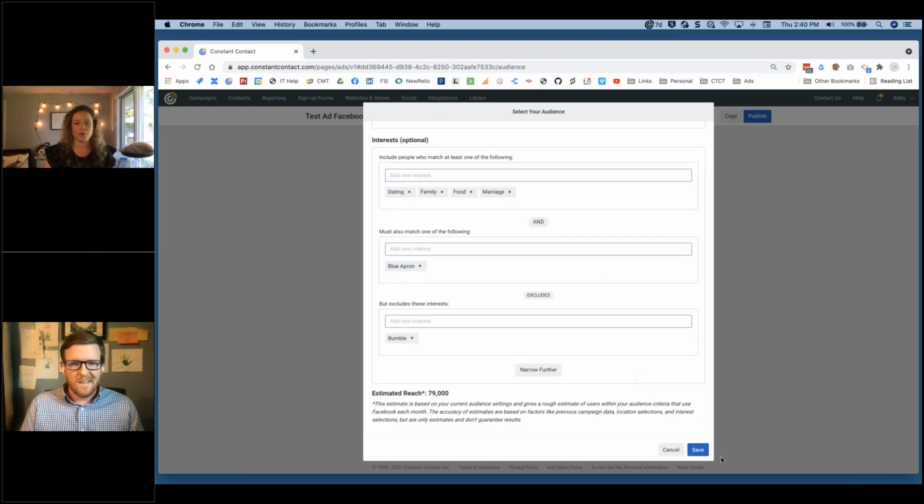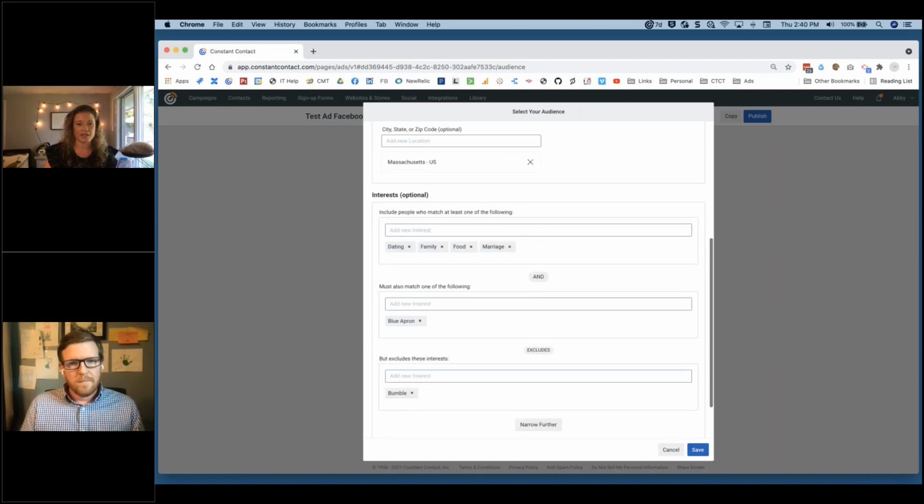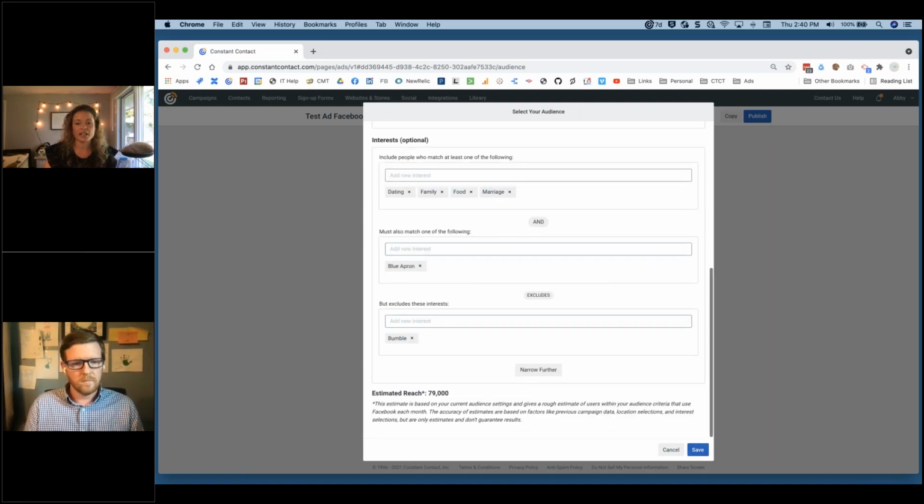All right, so I'm going to save this. And you can see I added Massachusetts for state targeting. And I did both an exclude down here. So I'm excluding Bumble, and I'm looking for interest,